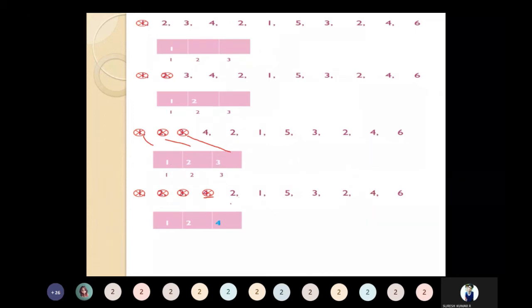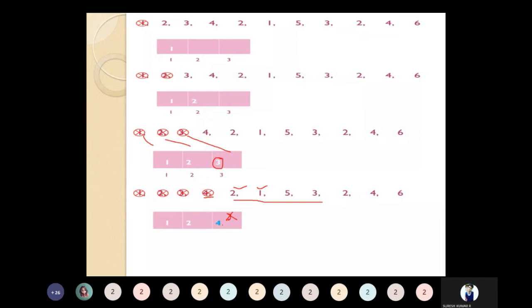So then look at the future. That is the future thing we have to look at here. 2 will come nearly, in the second position 2 will need to come, and 1 has to come after the 2. So 2, 1 come after in future. Okay, so 1 and 2 are no choice. So 3 has to be replaced here. So 4 is inserted in the third slot, in the place of 3.